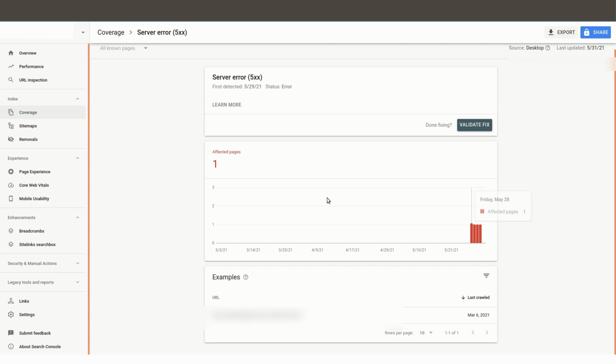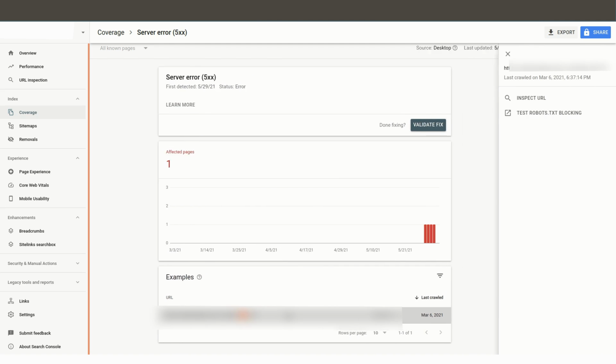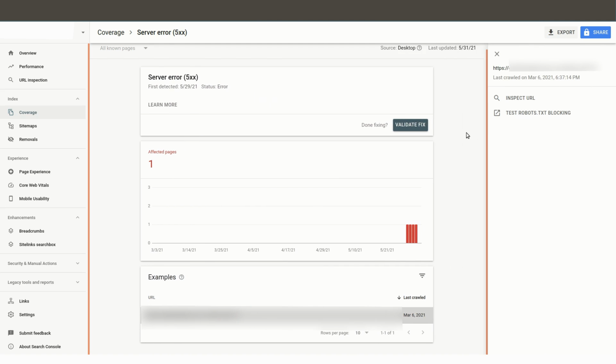Now, to take you one step further, they actually help you with being able to solve this. So if you come down here to this section, and again, I apologize for the blurring, but this gives us a link to the page that's the issue. And if we double click on this, it'll bring this up in the right hand side. And if we click on Inspect URL,